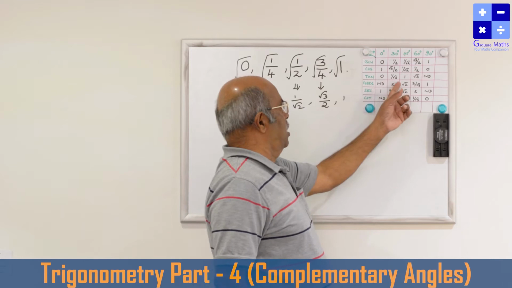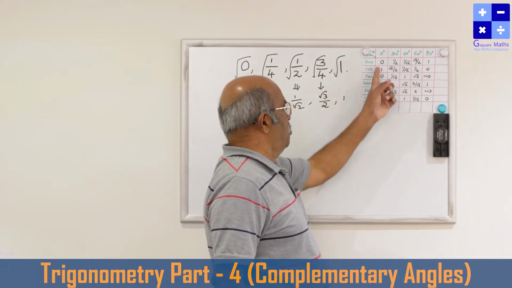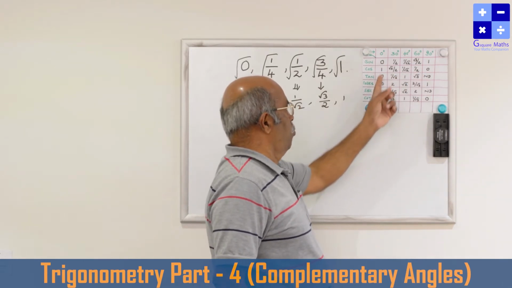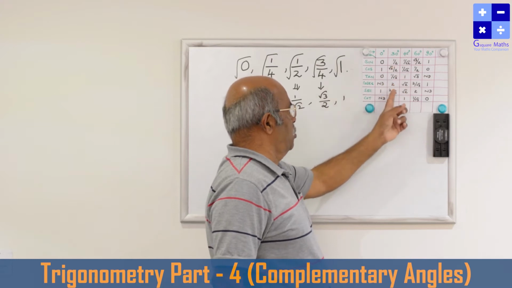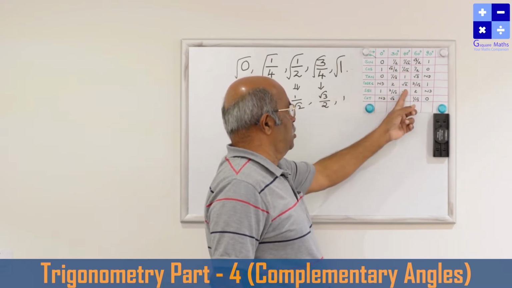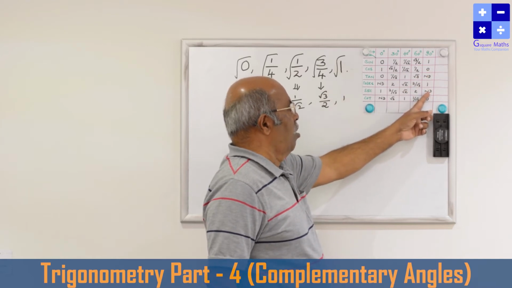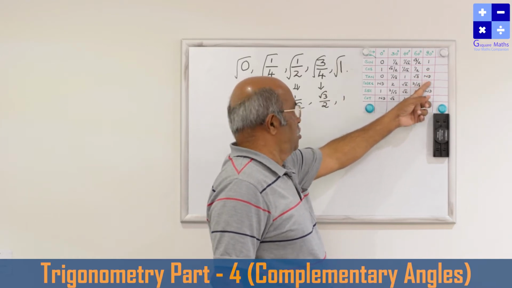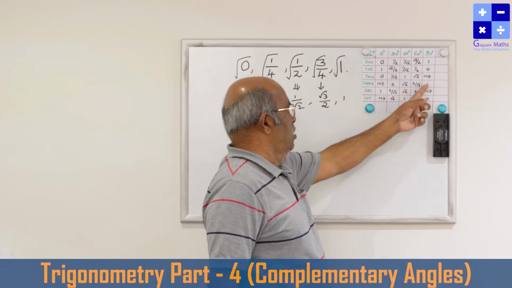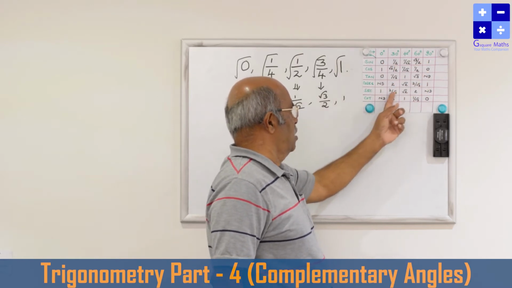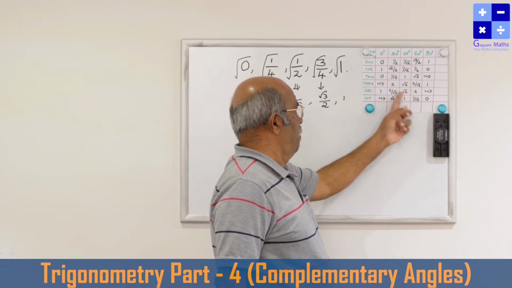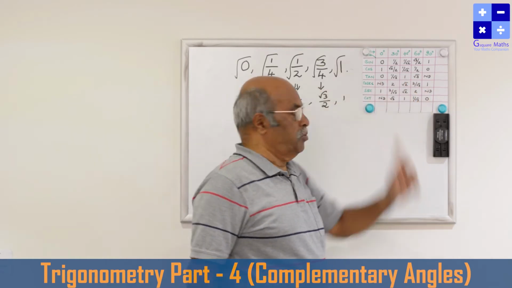Once you have written this, for secant also we can discuss the same thing with cos. These two are reciprocals, these two are reciprocals, and this is 1 by 0, not defined. These two are complementary angles, as we already studied. So this, just reverse it, and you will get the same thing.